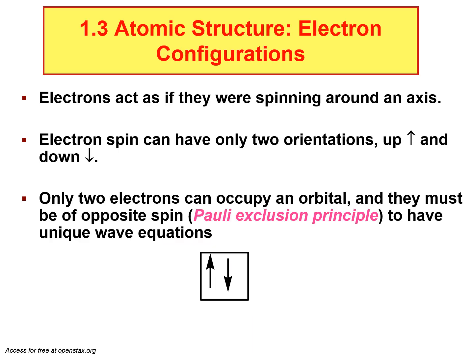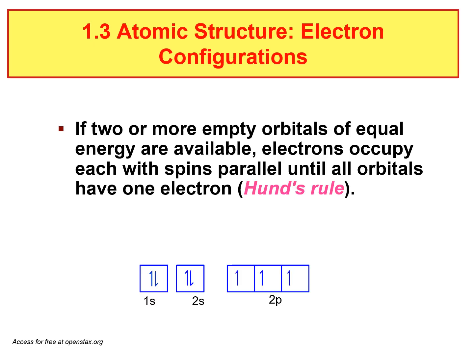Second is the Pauli's exclusion principle: you can only have 2 electrons in each orbital and they should have opposite spins. In other words, if you have an orbital with electrons of similar spins, this is not allowed according to the Pauli's exclusion principle. So you need to draw them with opposite spins. When 2 electrons occupy an orbital, they must be of opposite spins. The third